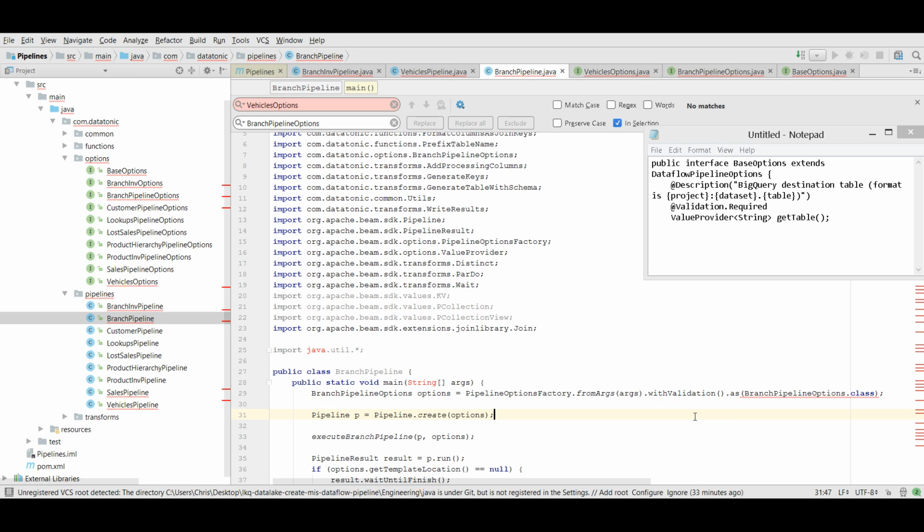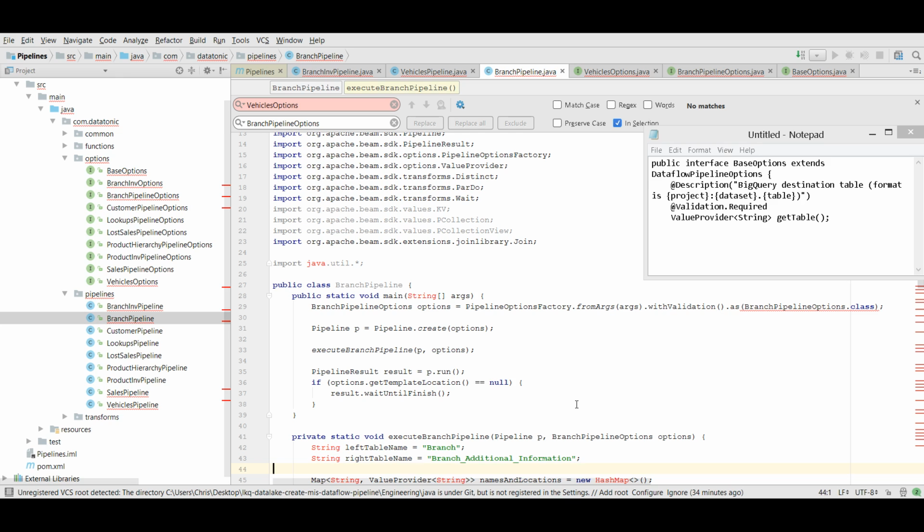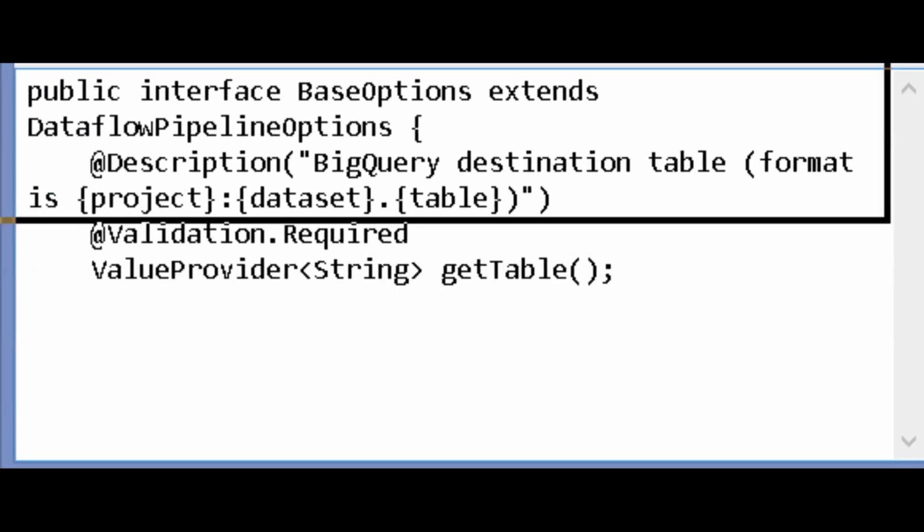Okay, so basically all we needed to look at here was the execute branch pipeline method, so we can see how it works and use this. So on line 33, you call execute branch pipeline method. We're not changing it. We're just looking at it, and we'll use the same functionality. So yeah, if you scroll down a bit, so you can see we've got